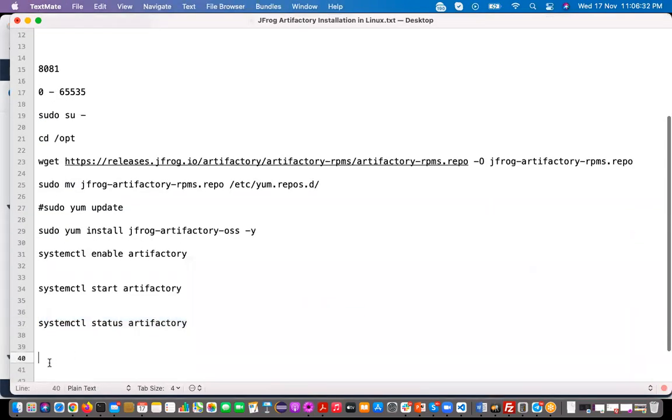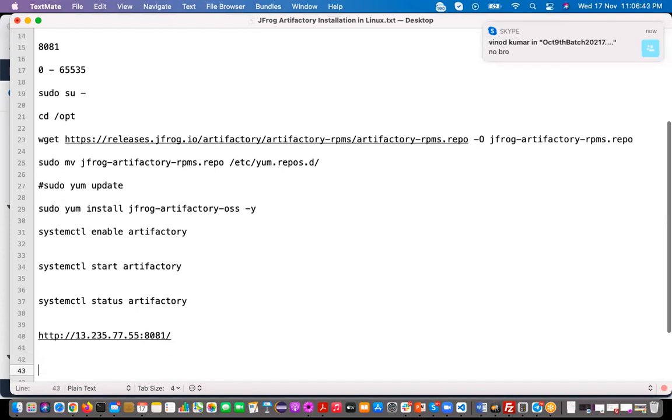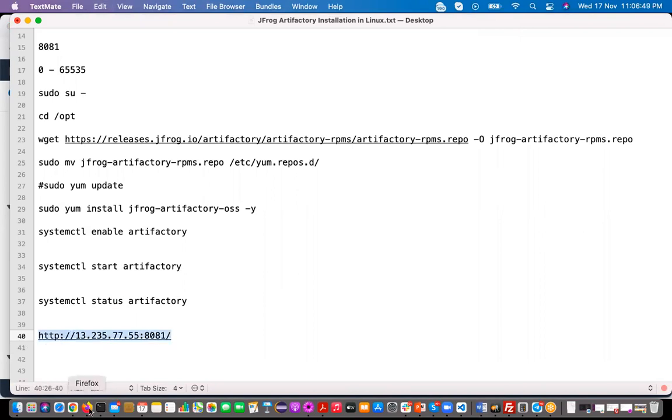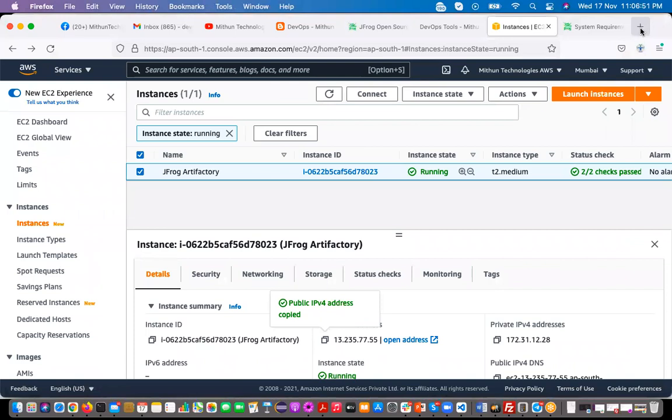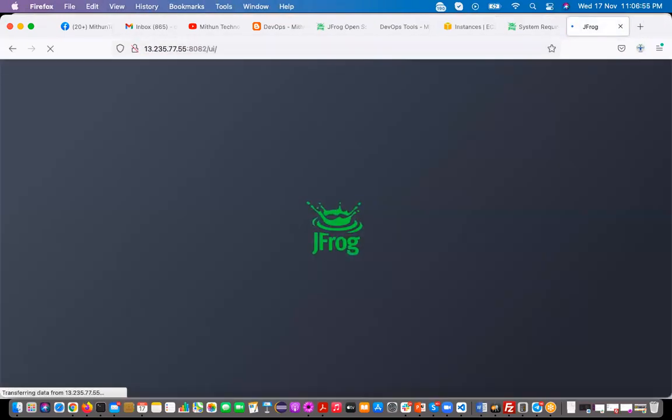The URL will be like this: http://IP address:8081. So 8081 is the default port number for your JFrog Artifactory. Take this URL, go to the browser, open a new tab and you can access it.